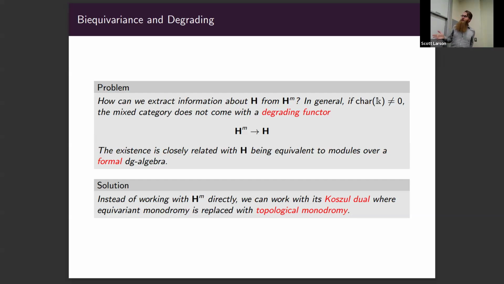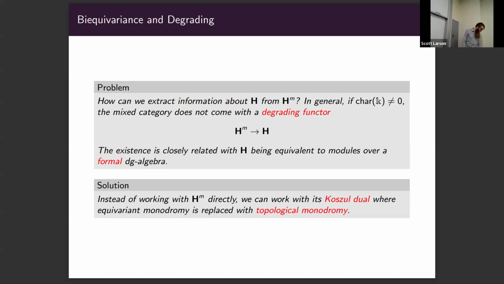Unfortunately, it doesn't really quite exist, but we can kind of get around it. And the way that we're going to get around it is by taking the Karoubi dual of this category rather than the category itself. Now, this still has a lot of information, and it'll still produce the things we want. In fact, it'll produce all the representation theory stuff we want. But it requires a fairly large leap in